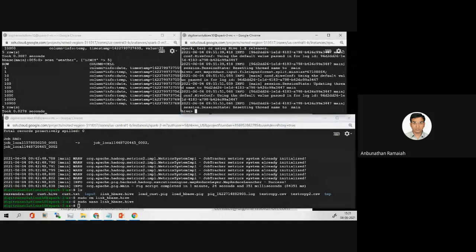Now we'll see whether the HBase table is there. Yesterday also I was working, so maybe we try to drop this table. So the syntax is drop table if exists HBase underscore weather.